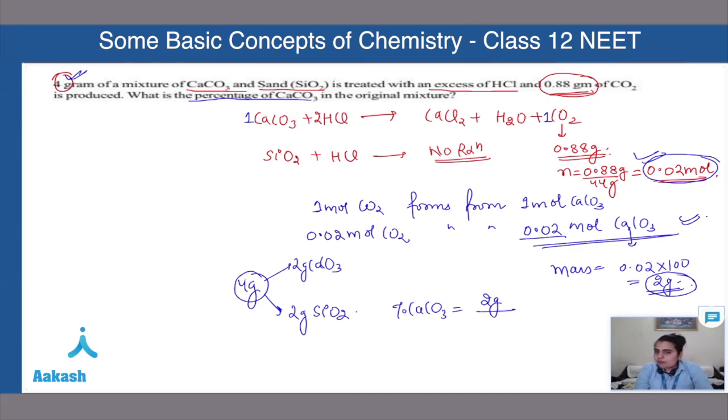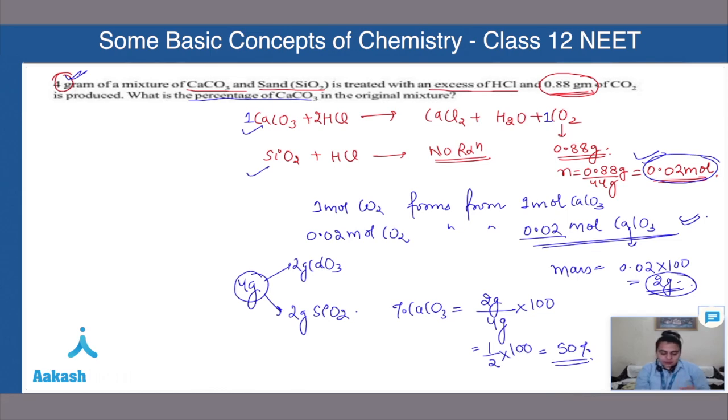See, I have been given a mixture of 2 substances. Those 2 substances in the mixture are calcium carbonate and silica. The mixture is being treated with excess of HCl. Now I know one thing, silica does not react with HCl, so there would be no reaction between these two. But calcium carbonate is a basic substance, a metal carbonate. You have studied this in 10th standard, no? Calcium carbonate reacts with HCl to form salt, water and CO2. So calcium chloride would be formed, water would be formed and CO2 will be formed. Is it clear, everyone?